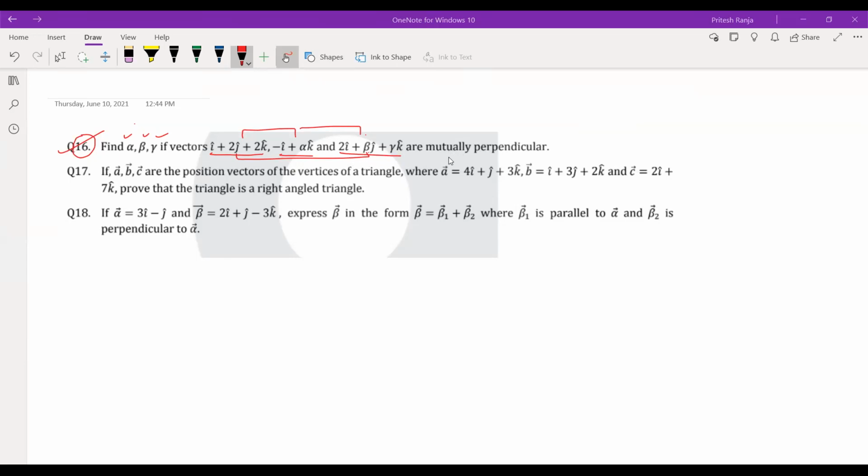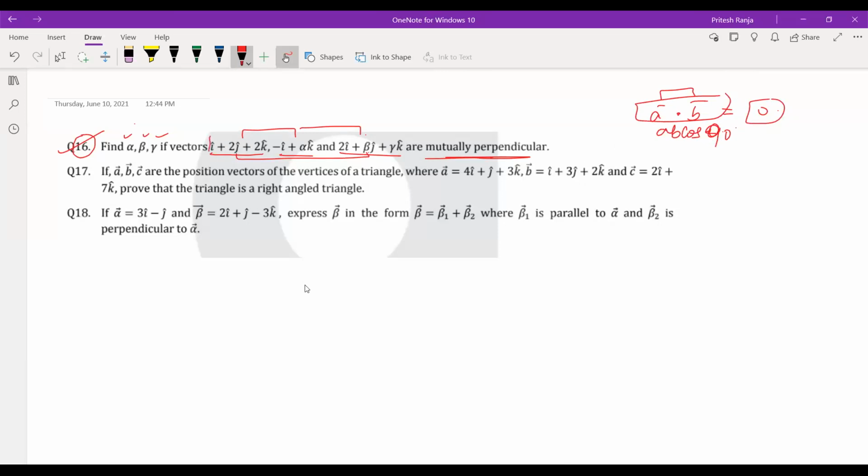If these two are perpendicular, that means let us say a vector and b vector are perpendicular. So take the dot, you will get the answer as 0, right? Because dot product is AB cos theta. Theta is the angle between them. And when the angle between them is 90, so cos 90 is 0, the complete result will be 0.